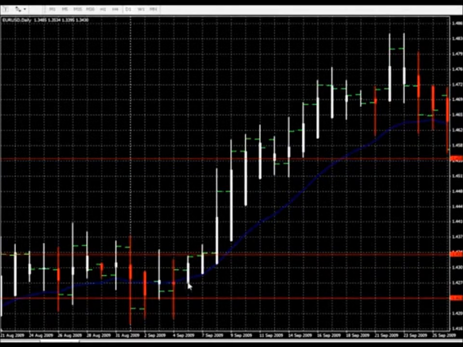We look at the first white bar to establish that it has crossed through the EMA 14 and has closed above it, and in this case it has. And then on the second bar, we wait for the price point to break above the first bar's high point, and that becomes our entry point. So on this trade, our entry point would have been 1.4335. We would have gone long on the trade at that point,